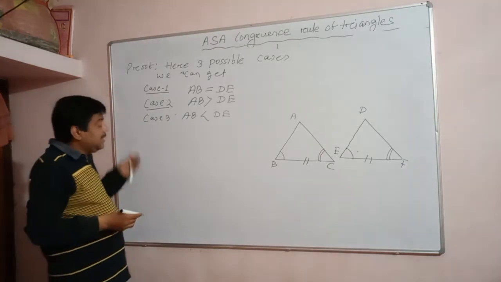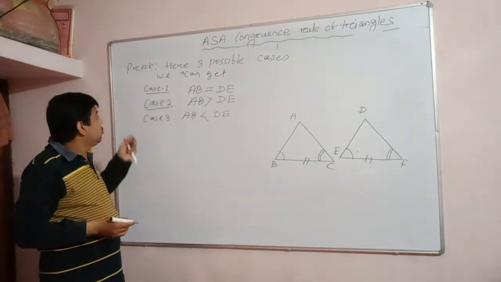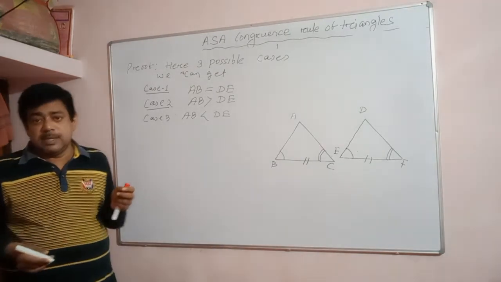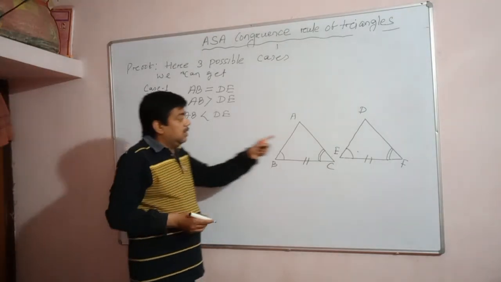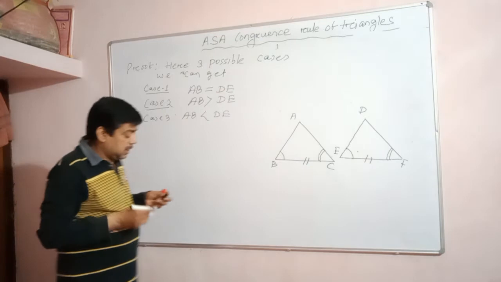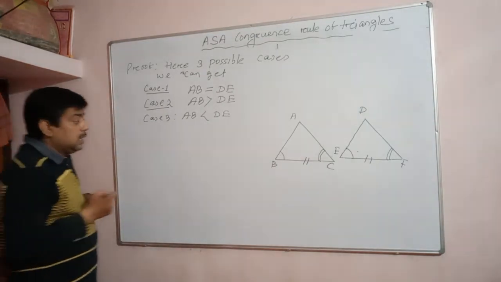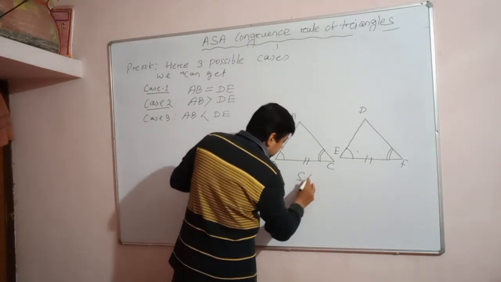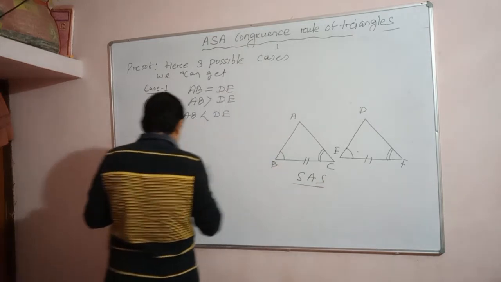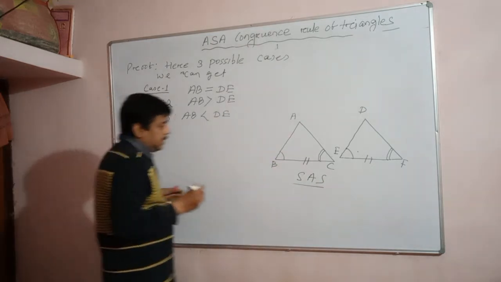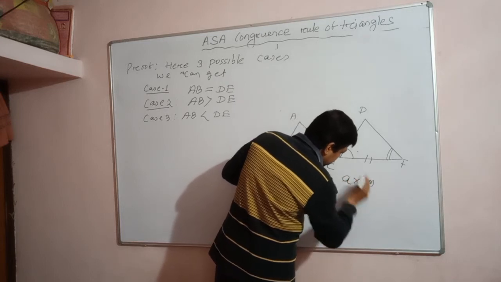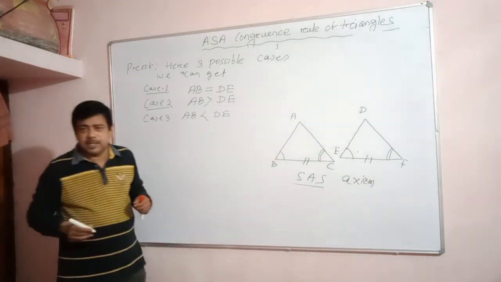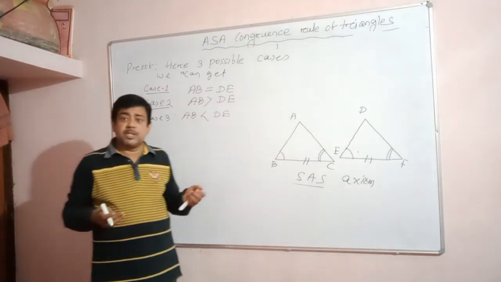Let us discuss each case one by one, and in every case we have to see whether the triangle congruency condition is satisfied or not, whether the side angle side condition is satisfied or not. This axiom should be satisfied. This is called the side angle side axiom. What is an axiom? A geometrical proven statement which helps to prove other statements.